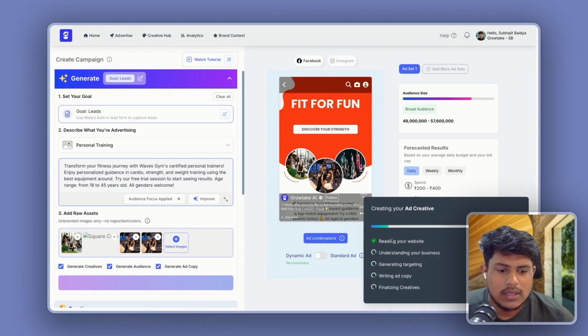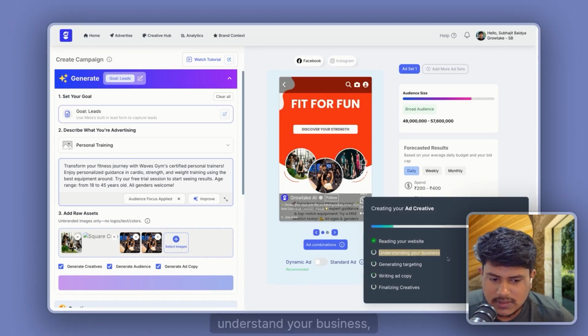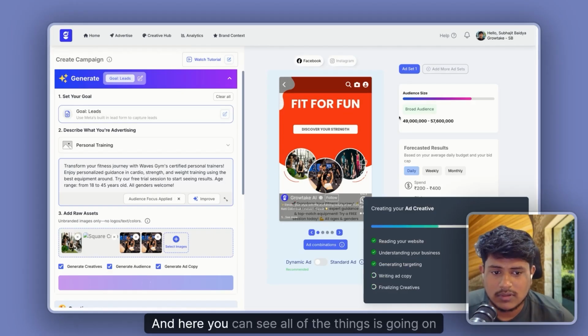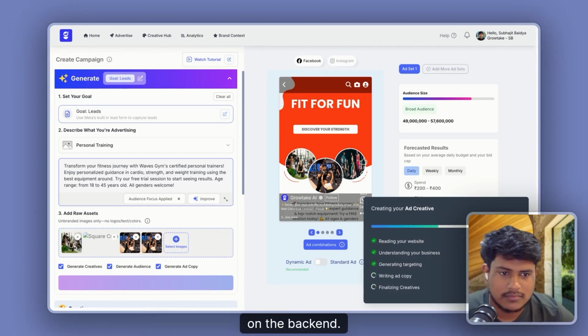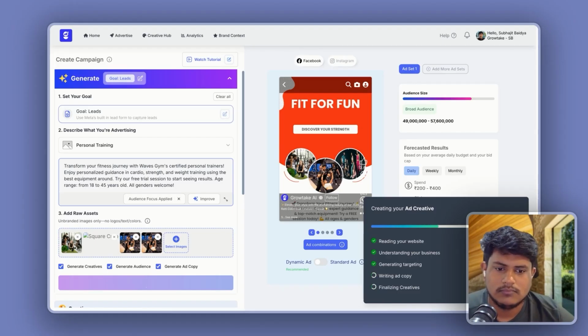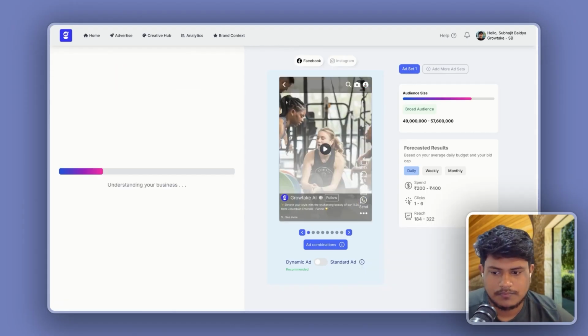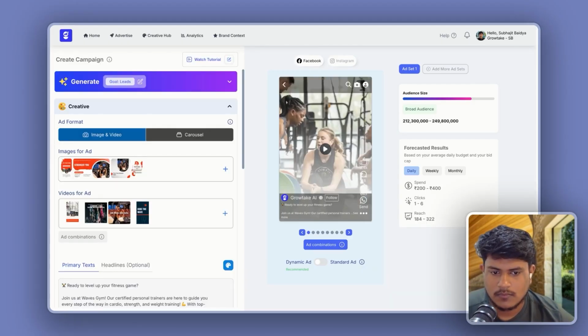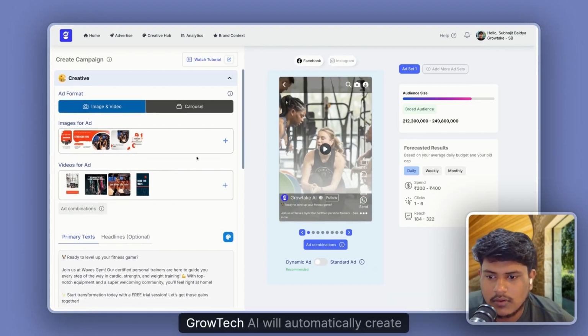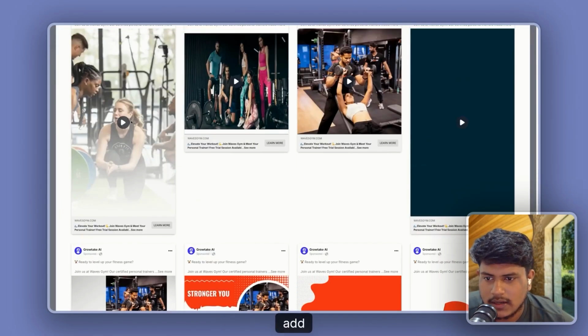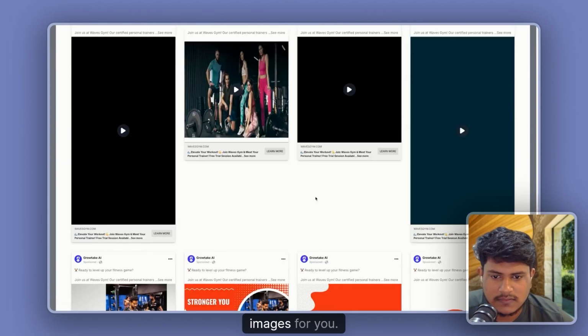And here you can also see it reading your website, understanding your business, generating targetings, writing ad copy, and finalizing creative. And here you can see all of the things going on in the back end. It probably needs a minute. Great. So now you can see GrowTake AI will automatically create different variations of ad videos and images for you,